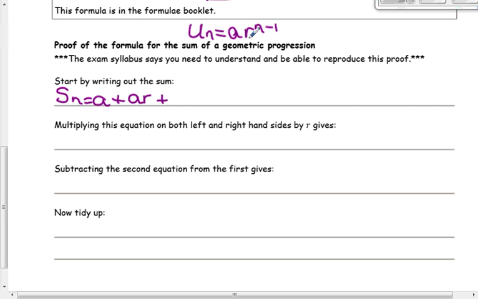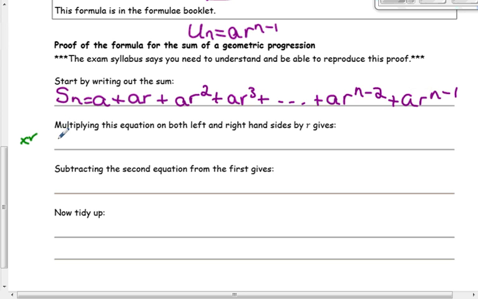plus, now my n equals 3, so I'll have a times r to the power of 3 minus 1, which is 2, and that's going to keep going all the way until I'm doing a times r to the power of n minus 2 and a times r to the power of n minus 1. So now I'm asked to multiply the whole thing through by r. So I'm timesing through by r,